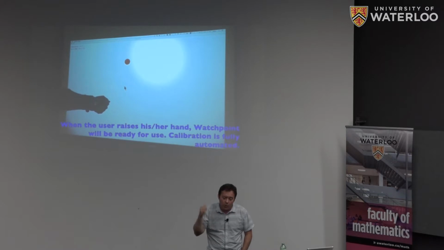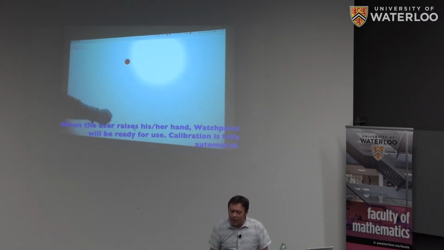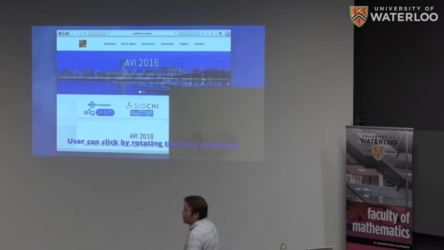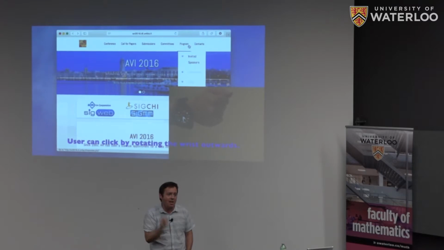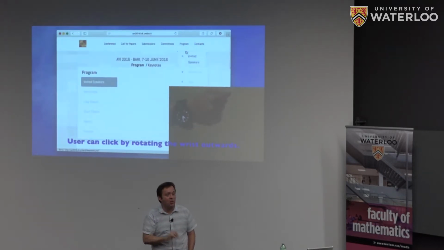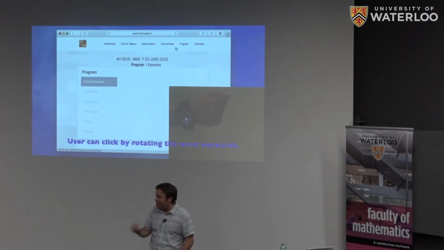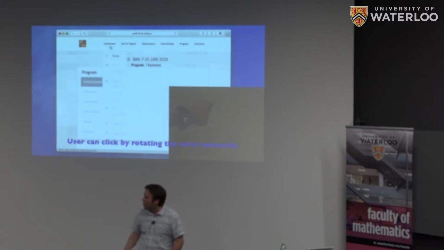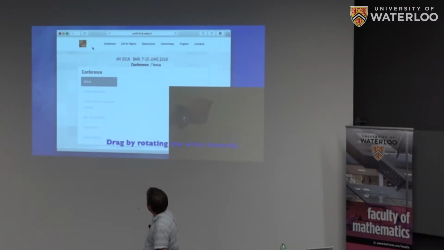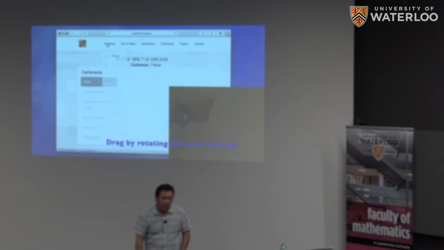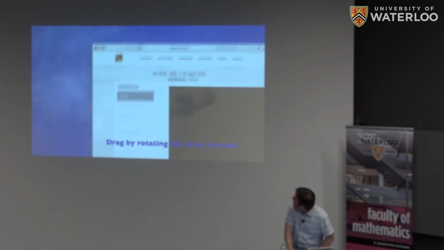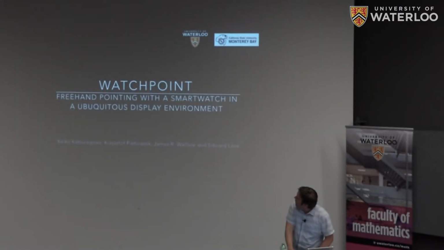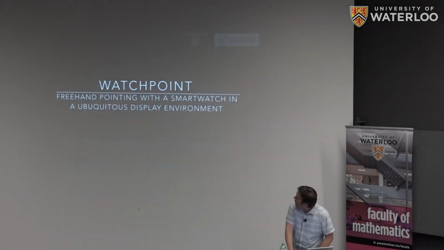There are a couple of characteristics to the system that are pictured there in terms of how we self-calibrate the system. There is nothing augmented about the environment. The only thing we're using is a 9-axis generic IMU that is contained in the smartwatch in order to support that input and nothing else. So it's just an off-the-shelf smartwatch supporting clicking, and that's all that we're doing right there. And so we built a little system like that. The video runs for a while. It just shows pointing and clicking in terms of the way that things work.